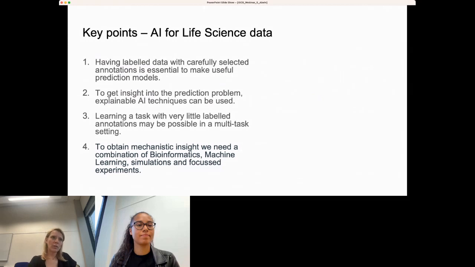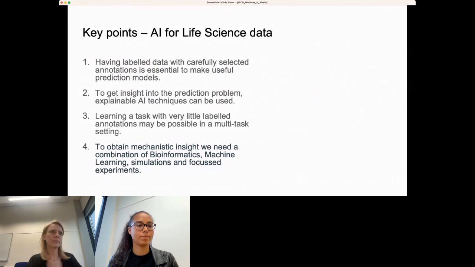So one of the points I showed you, for example, in the extracellular vesicle example, is that you need data to train your model on, and that you often need to extremely carefully select your data. You need to be very careful, especially about your prediction labels, so the task of interest, you need to very well stratify that data and carefully select it. And in fact, we often see that if you leave out a region where you're not sure if this is really good data, your model actually becomes stronger than if you would throw the noisy data in. So selecting only the part of the labeled data where you're really certain about really helps to